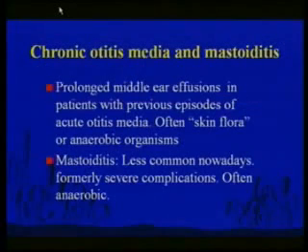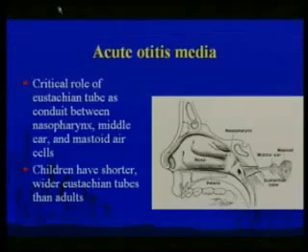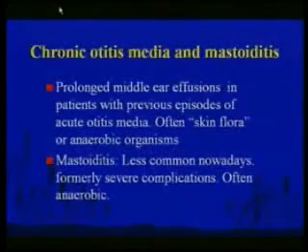Chronic otitis media, as in this earlier scenario, in people who've had it acutely and then it becomes chronic, we can have opportunistic organisms, including anaerobes and skin flora organisms. In the pre-antibiotic era, people frequently had, going back to this earlier slide, mastoiditis, infection of the mastoid air cells, which became a chronic, very stubborn, difficult infection which could lead to complications, including extension to the brain. Today, that's a lot less common. Seldom seen, in fact.